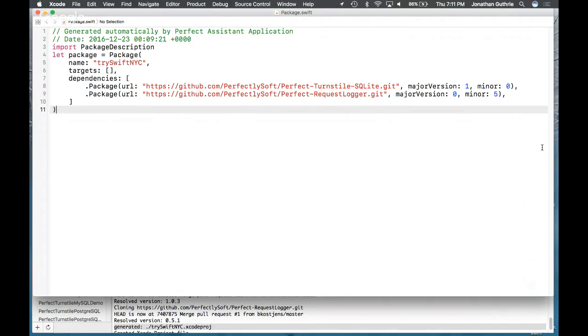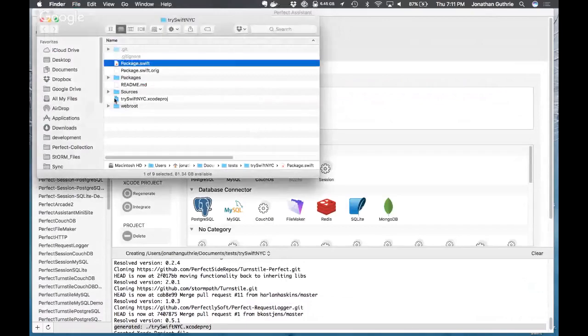Perfect Turnstile SQLite is the project which gives us our authentication layer with SQLite drivers and ORMs. The request logger is the standard HTTP request logger that shows us what's happening. So from that, we've got all of our packages.